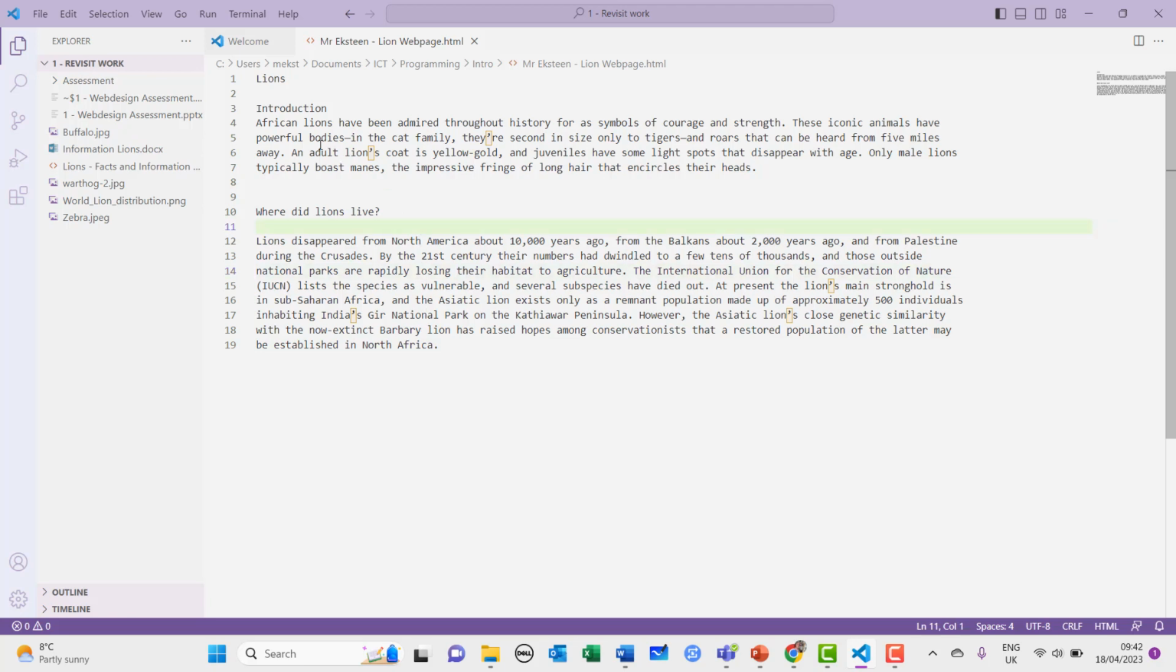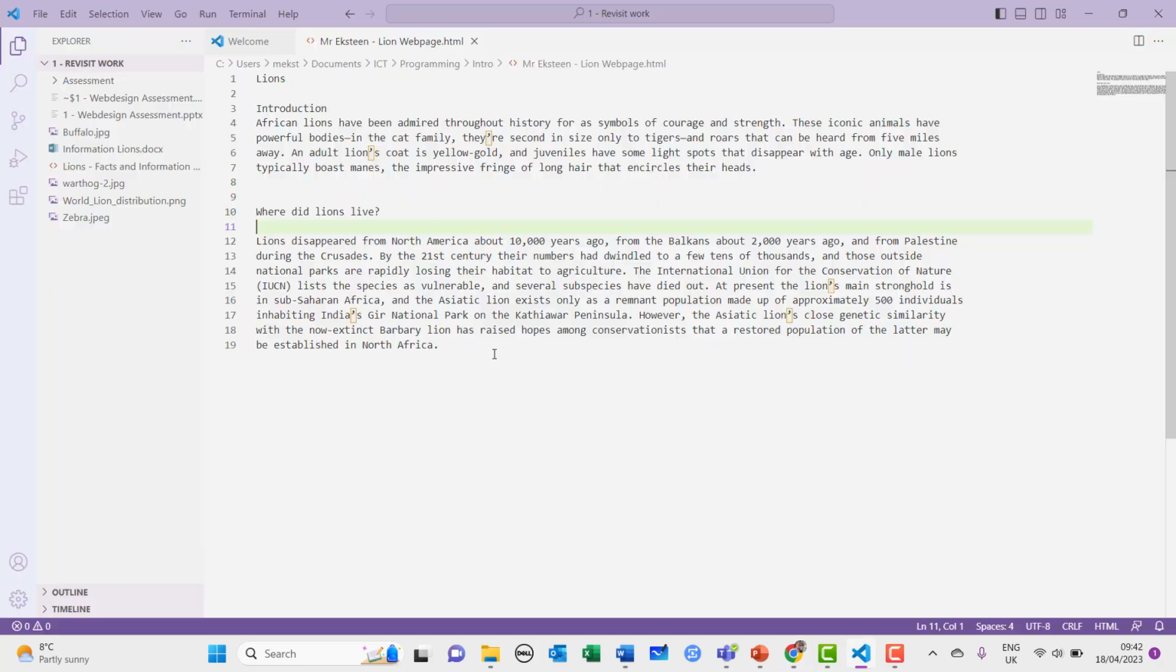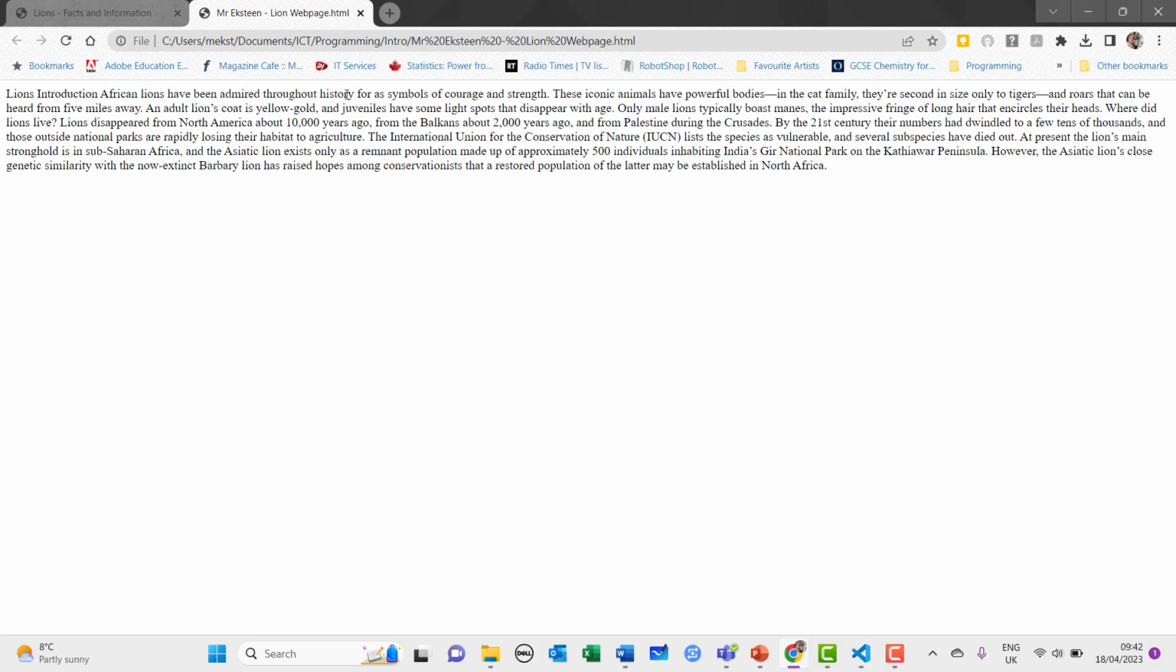Alright, so now I can press Control S, I've saved it. I can go to my web page, and you can see it doesn't come up, it doesn't show what I have here. The reason for that is because we didn't refresh. So if we refresh the page, and there we go. Now it doesn't look